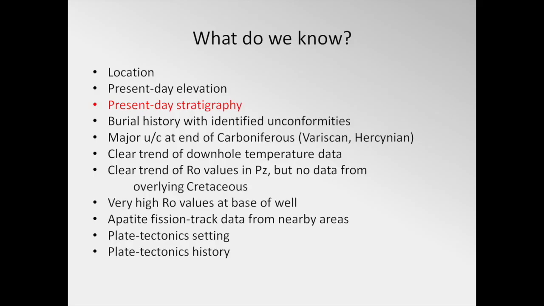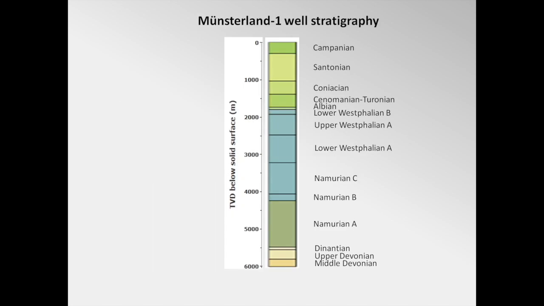We also know the present-day stratigraphy in Münsterland 1 quite well. In fact, the model's stratigraphy, shown here, is a rather simplified representation of the known stratigraphy. However, it will work quite well for our purposes. What the present-day stratigraphy lacks is obvious: information about strata that have been removed by erosion, and a definite statement on whether missing time intervals actually included depositional events, and if so, what were the details of